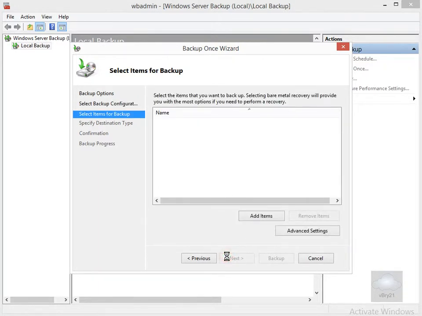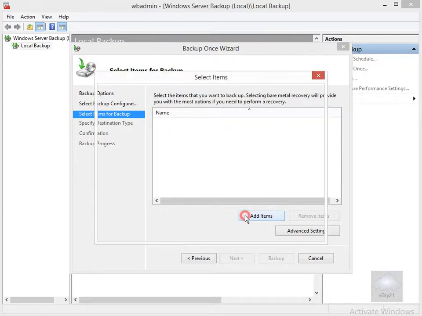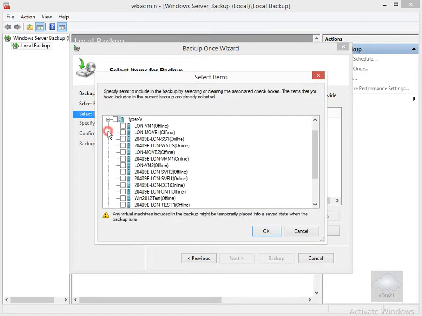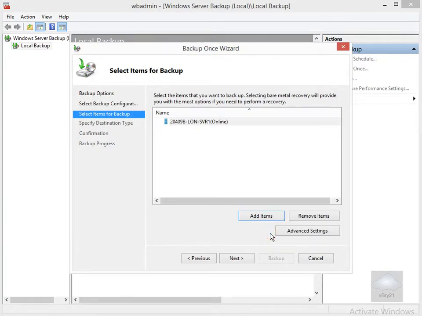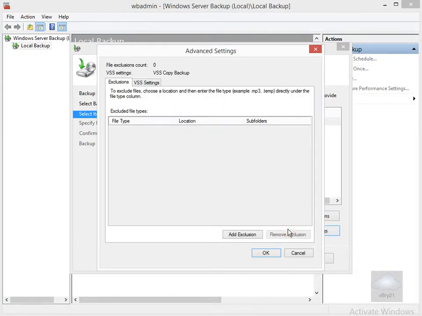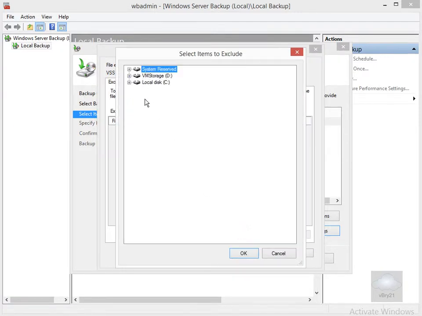Then here we just specify the items that we want to back up. So we select add items. On the add items, go for Hyper-V, and what we'll back up here is LonServe1. So on LonServe1 now, we'll select OK. What we'll then do is click our advanced settings. We can put in exclusions, so if we add exclusions, we can specify what exclusions we want to add to